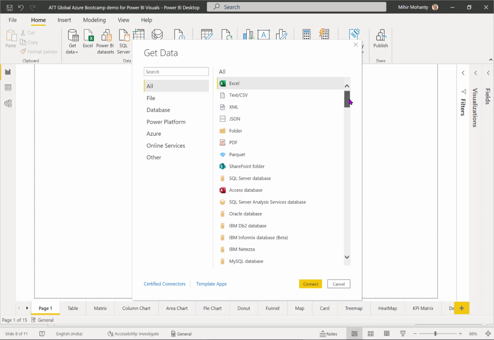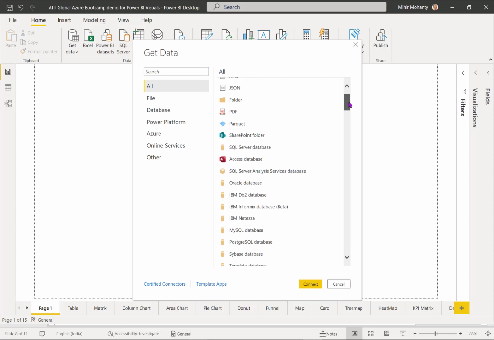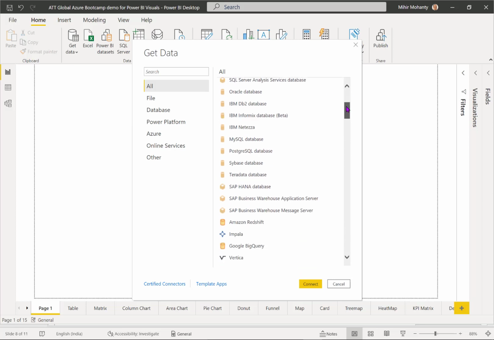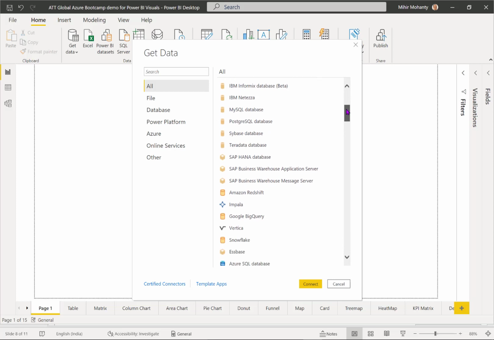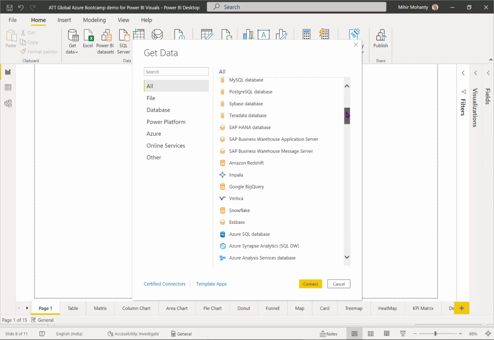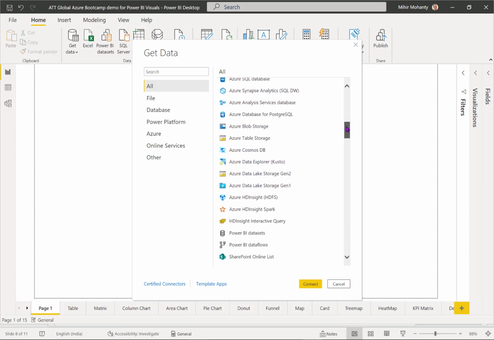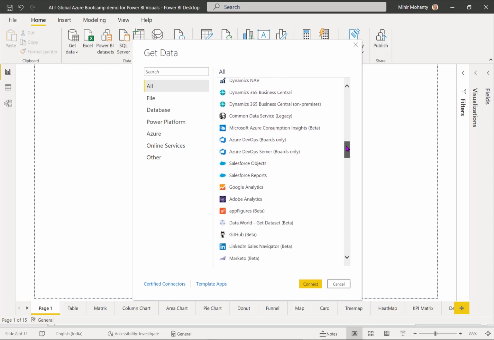You can get the whole list of data sources over here. Starting from Microsoft Excel, PDF, Parquet file format, SQL Server, SharePoint folder, and many other data sources or non-Azure data sources where you can pull in data and start working on it.